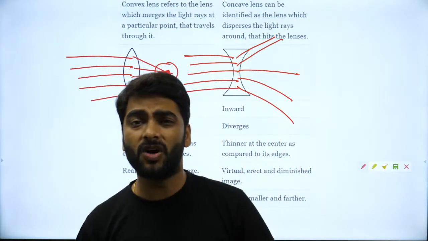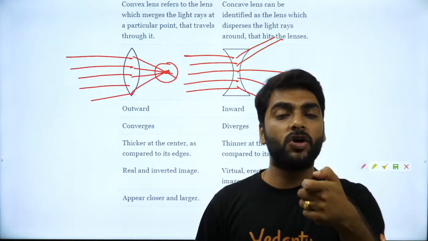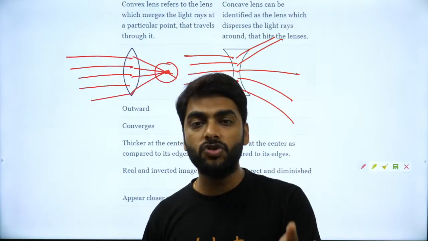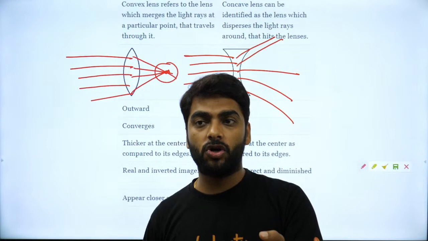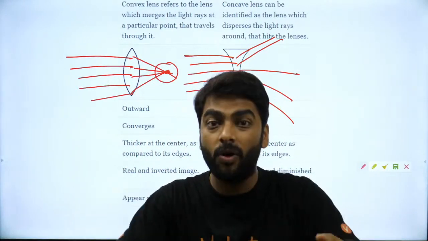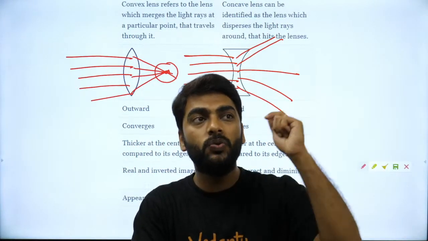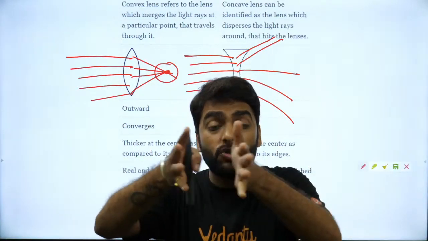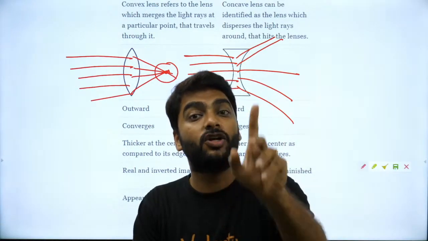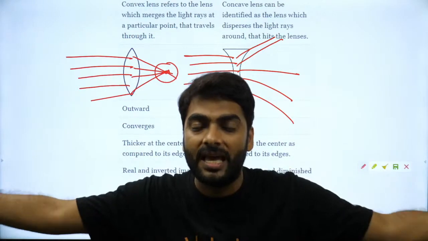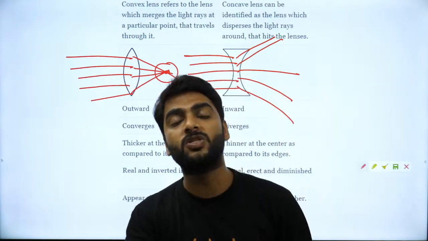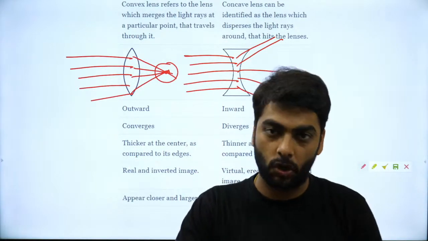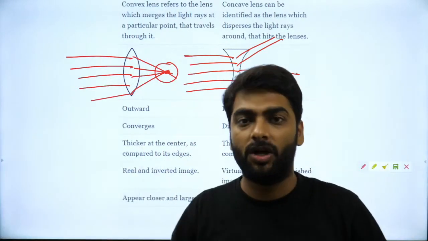Concave will spread light, and that is why in a torch you will use a concave lens. Why will you use a concave lens in a torch? Because what is the work of a torch? The use of a torch is to show you the road in the dark, to show you the things in the dark, which means it should spread light. Who spreads light? Concave lens. It diverges. It spreads the light. And that is why concave lens is used in torches.